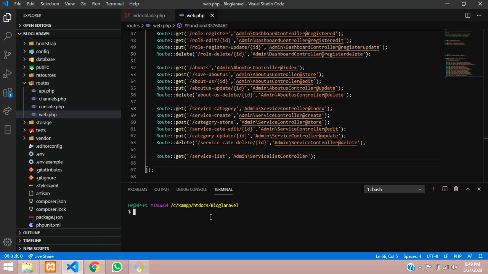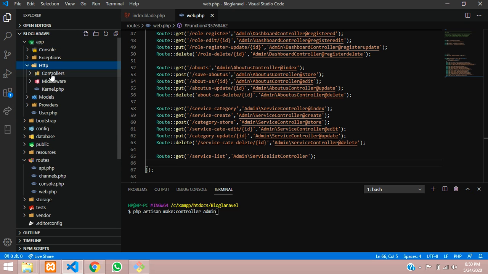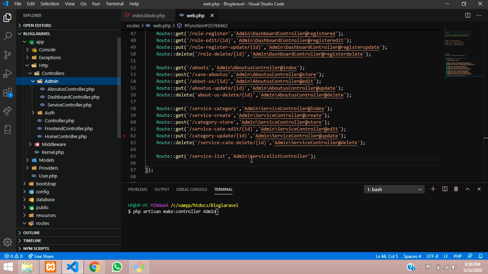Write the command php artisan make:controller, and inside the admin folder I am going to paste, because I have created it inside my controller folder. See, I have an admin folder. Inside that I am going to create this service list controller. So copy that admin folder slash, paste this and hit enter.